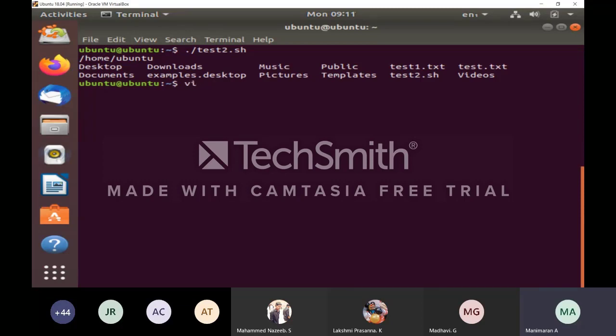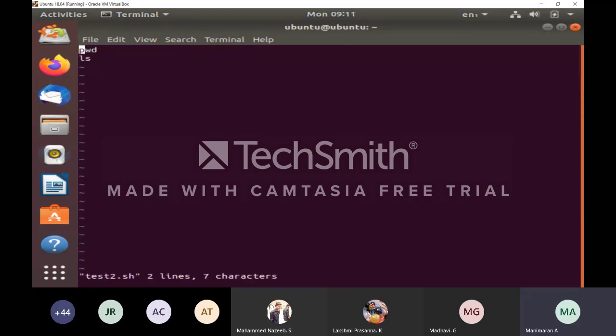Otherwise we can add some more commands in the shell file. vi test2.sh. This is my shell file. Already I have written two commands. Already I told you, shell scripting means we keep a list of commands in a single file, and then all the commands in sequential order will be executed. We'll go to the next line. Okay, so I am keeping the date command also. Previously pwd and ls, now I included the date command. Now I save this file.